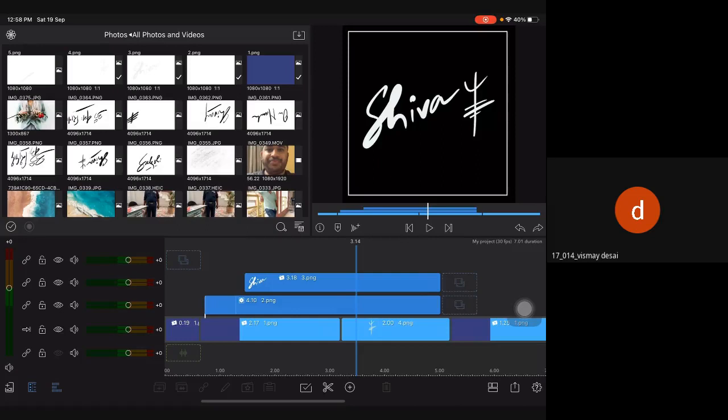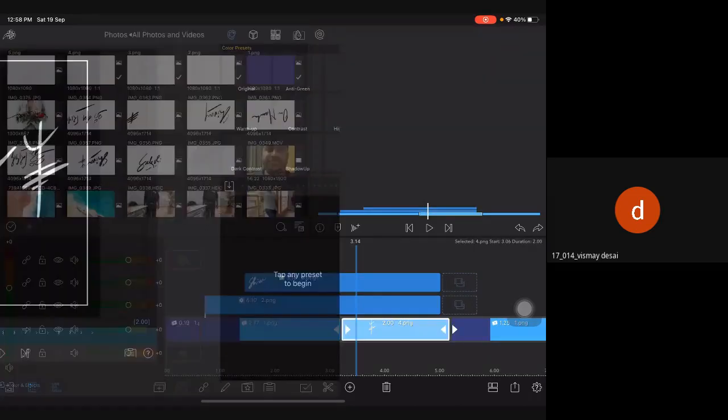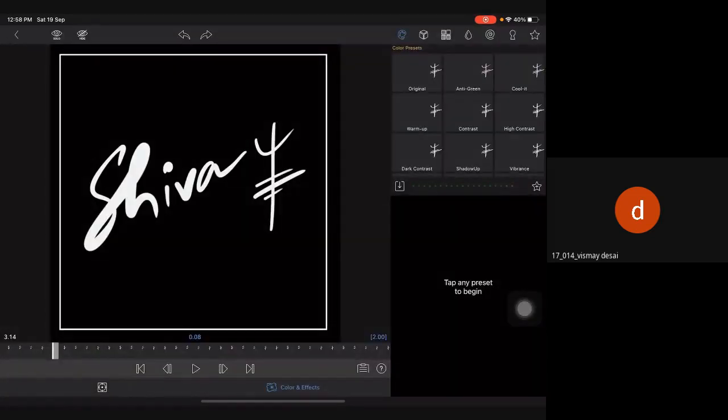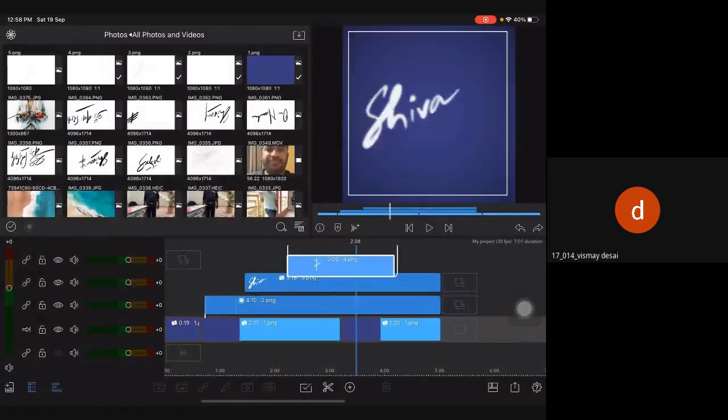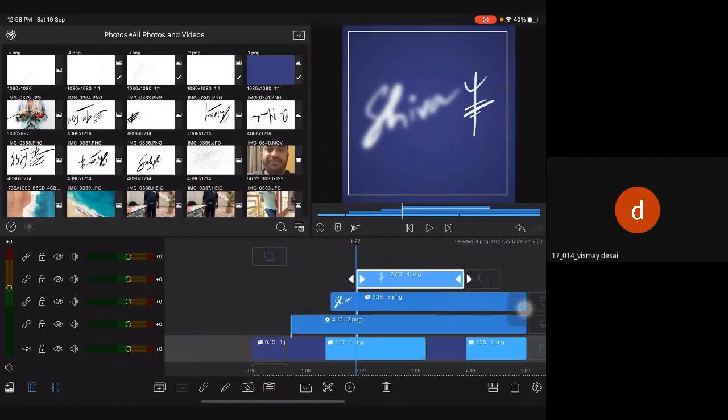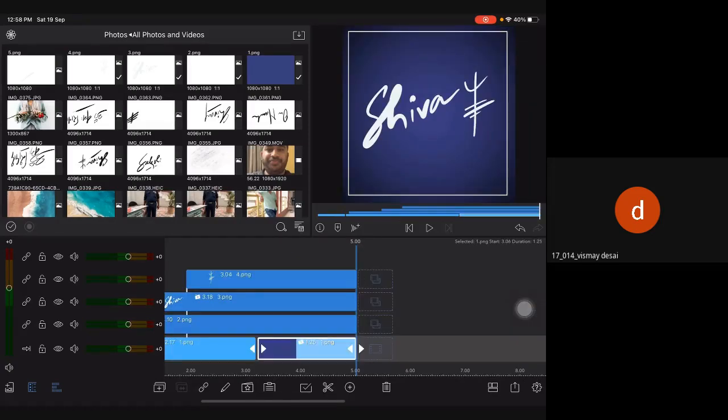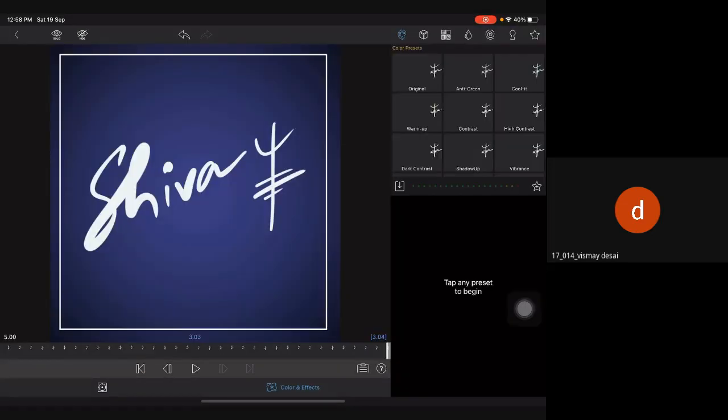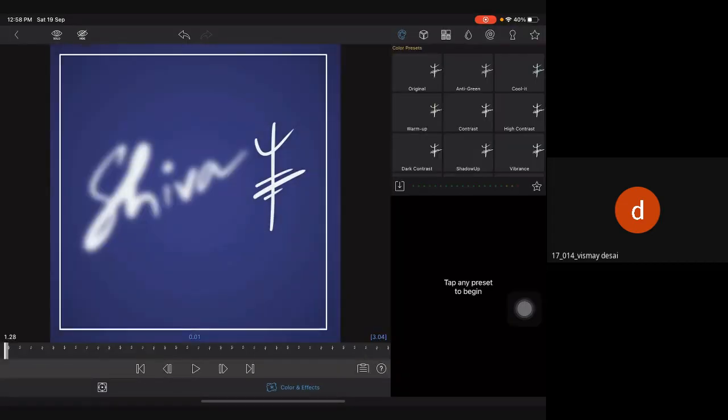Okay, now this thing should be, open it, make it here. Okay, now let's give some good effect.